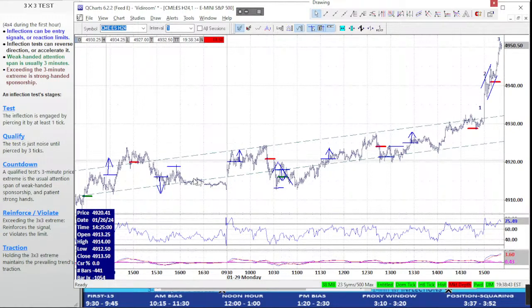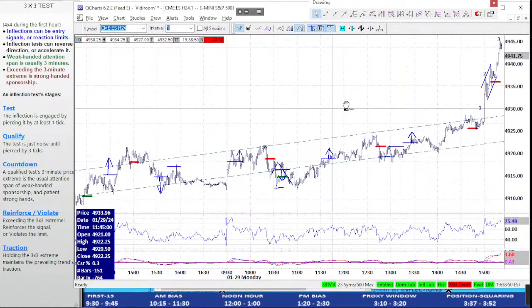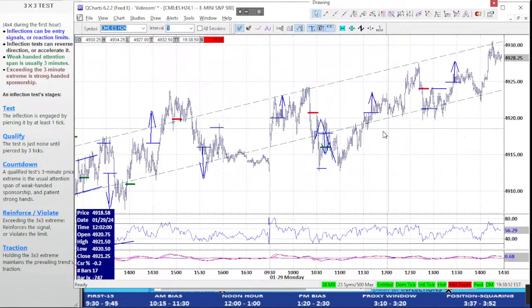But the test, by the way, it's not enough to just pierce, or certainly not touch, but pierce a level. It has to actually be pierced by a minimum 3 ticks. That's the 3x3. 3 ticks for 3 minutes. Until pierced by 3 ticks, we don't start the 3-minute countdown. Or during the first hour, until pierced by 4 ticks, we don't start the 4-minute countdown to establish how extreme